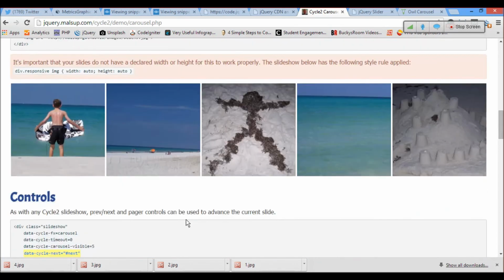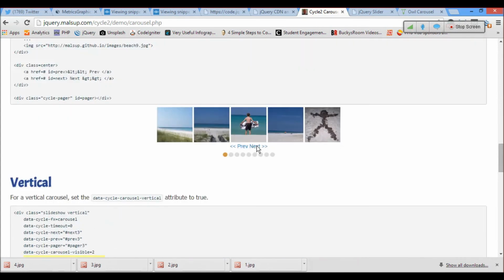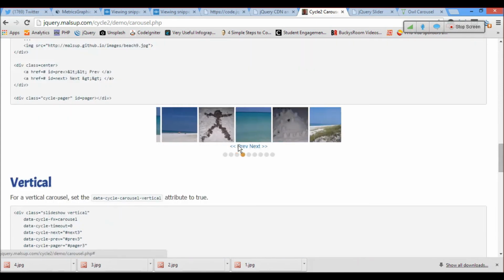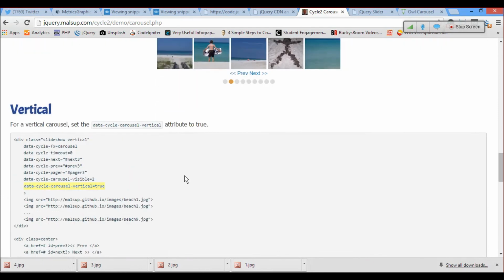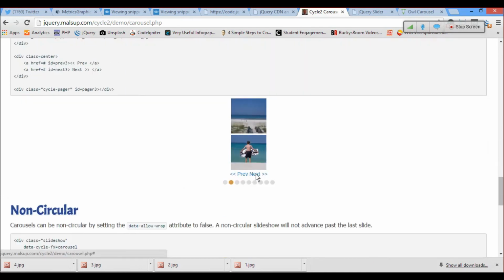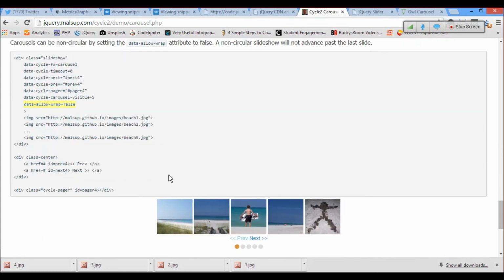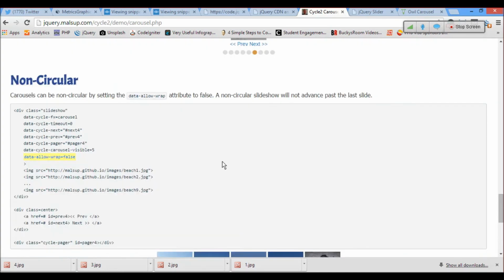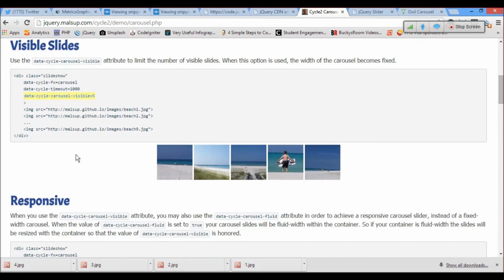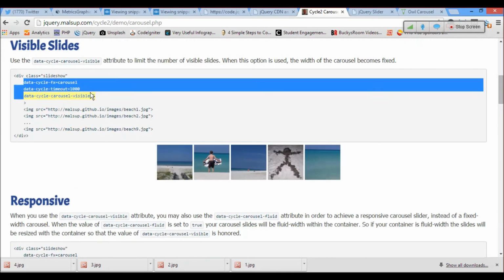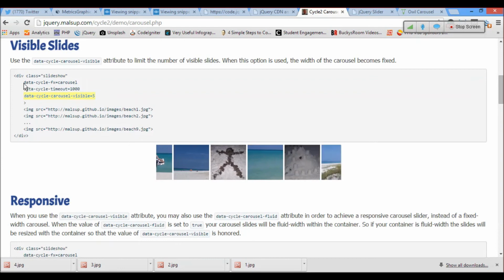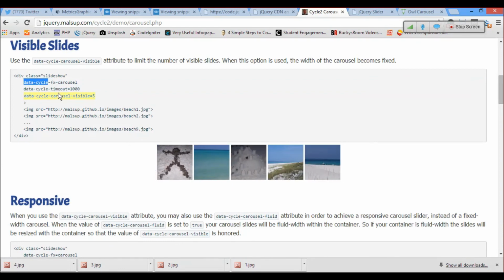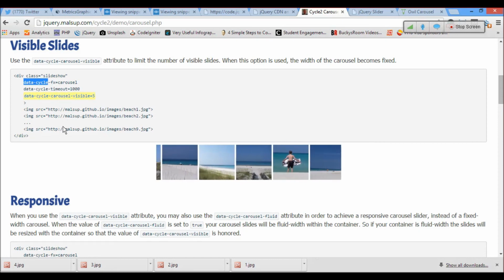Any size. Controls, if you want to give controls like next, previous. If you want a vertical carousel, sometimes in some websites they show that, and circular, it will stop at the end. Cycle 2 is another beautiful plugin I suggest. But why didn't I choose that? Because it's more like an HTML5 version, like data-cycle. Data-cycle is an HTML5 attribute, so I did not pick this. Instead I picked the jQuery version.